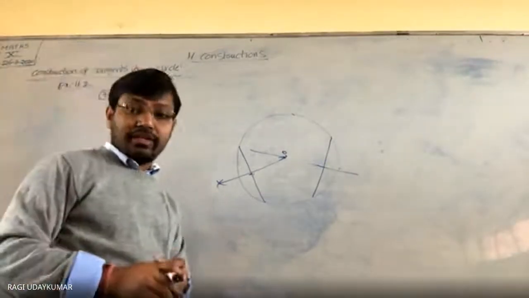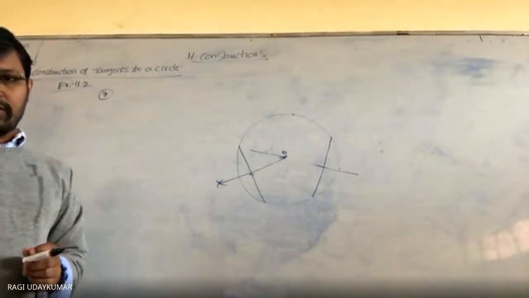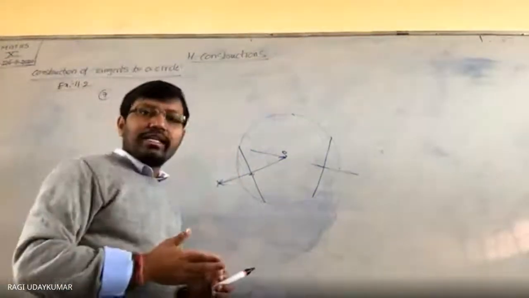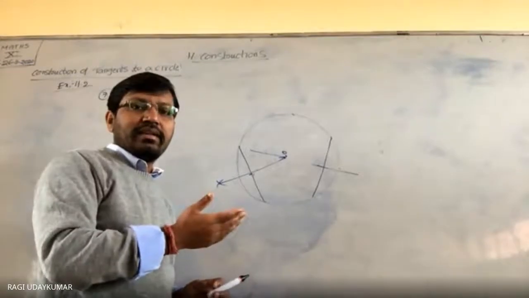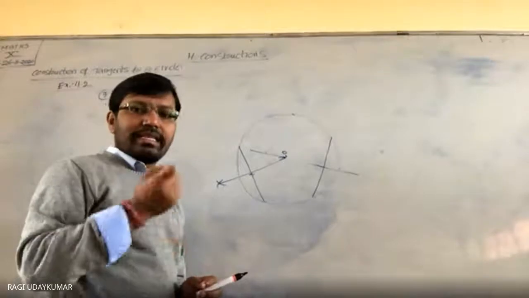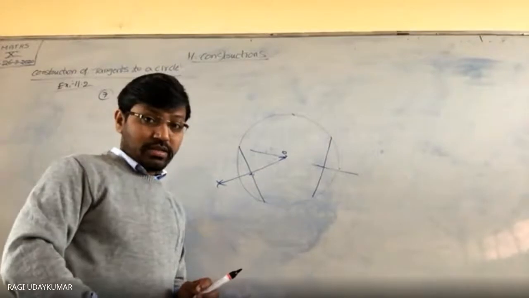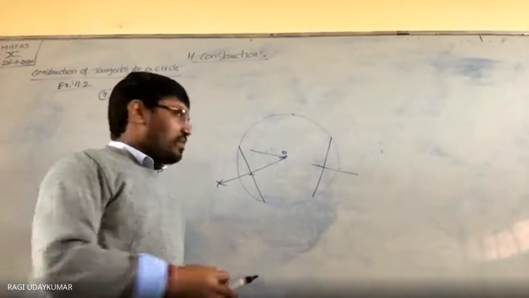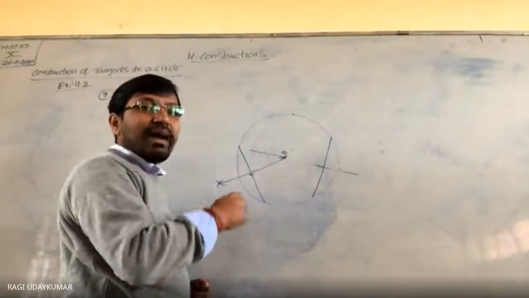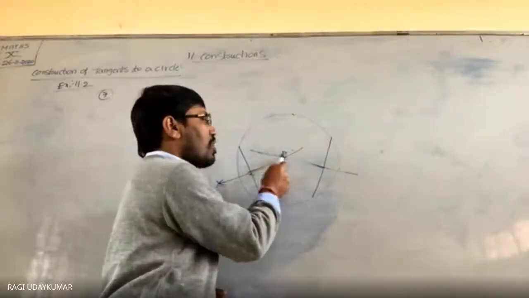But in the steps you need to write: draw the two non-parallel chords. Now how Shalu said that? Who said? Okay, whoever it may be. So draw the non-parallel chords and its perpendicular bisectors. The meeting point, the intersecting point of the two perpendicular bisectors, consider as the center of the circle. It is the center of the circle. वो center होगा. क्यों center होगा? Because ये perpendicular है. कहाँ देखो, perpendicular bisector will pass through the center. ये passes through the center, ये भी passes through the center. So दोनों का common point क्या है?